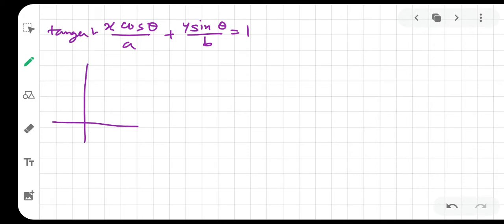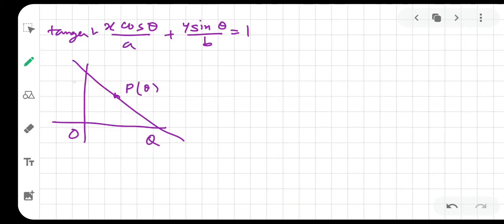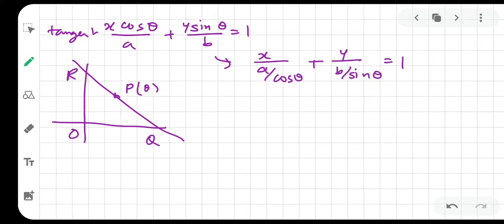Now, this is the tangent we have. So we have P theta, and we have taken that Q and R, O. So if I rearrange this equation, we get x divided by a upon cos theta plus y divided by b upon sin theta is equal to 1. So length OQ is equal to a upon cos theta, and length OR is equal to b upon sin theta,